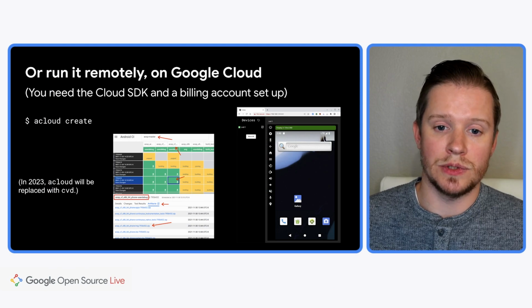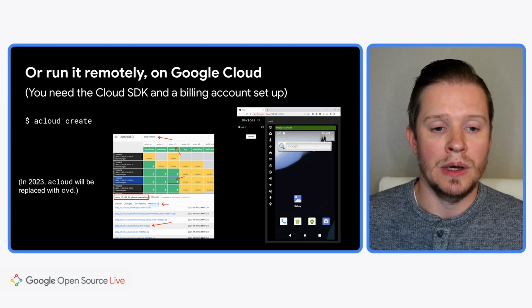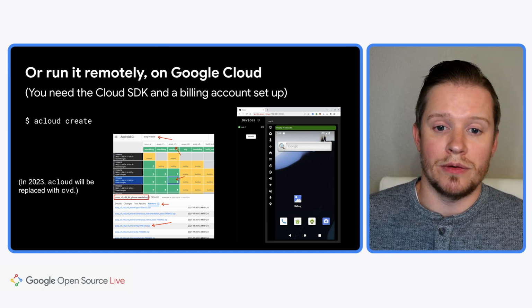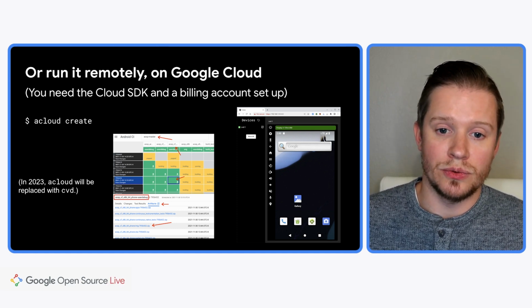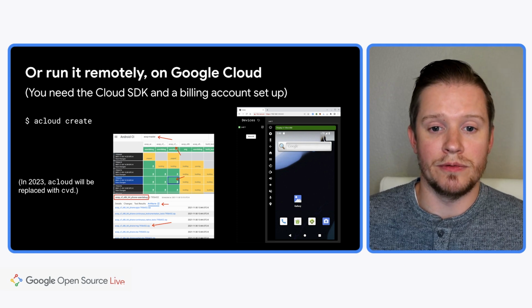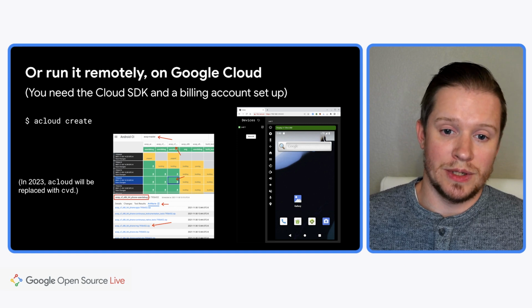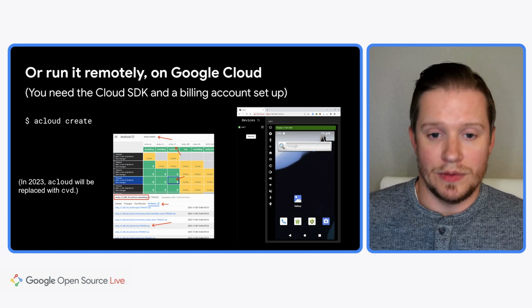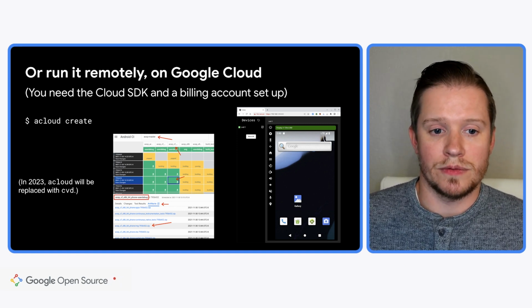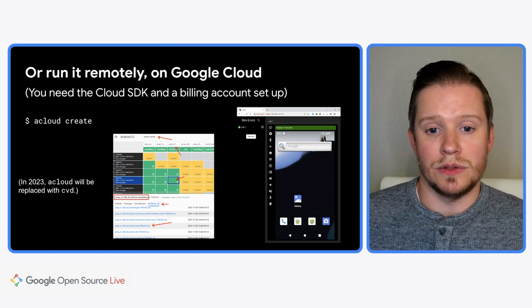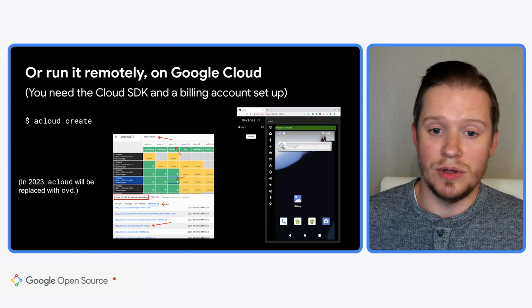Or if you want to fetch a build from ci.android.com and run it locally, you can do that as well. So this isn't using acloud. This would be using launch CVD. You can go to ci.android.com, look at the builds that are available, click on the AOSP_CF targets, and then download two files. It's either the .img.zip file and the CVD host package file. You need both of those files. Download those and extract them, and you'll be able to run that launch CVD tool to actually run that pre-built Android virtual device.